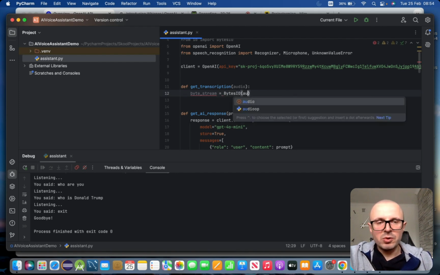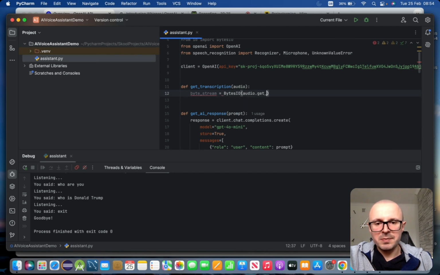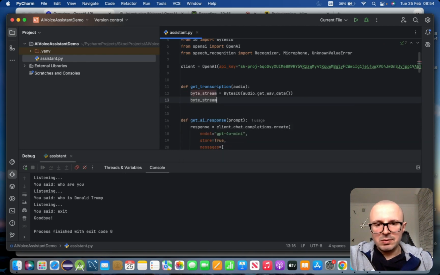So what we want to do is provide the audio file as an input, and then create a byte string. The audio file contains WAV data. We want to give some name to this file because the Whisper model expects each of the files that you pass to it to have a name. So we can just call it